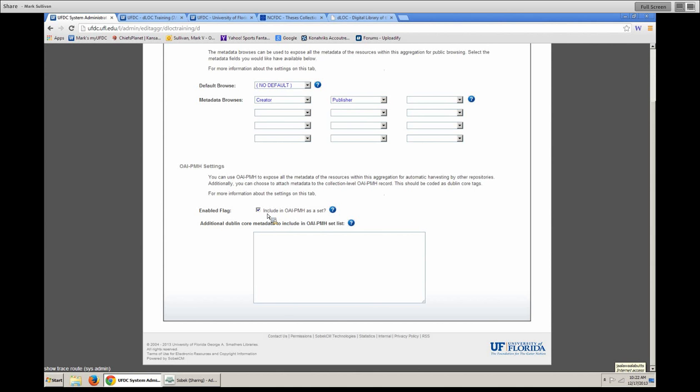So this section is really something I don't necessarily like. If you want to use it, probably give us a call and we can help you with it, just to make sure you get it right. But it's essentially a place where, if you wanted to add top level metadata into the OAI that's being harvested, you could put it here. This is not exposed with the items, but when a harvester comes to your site,